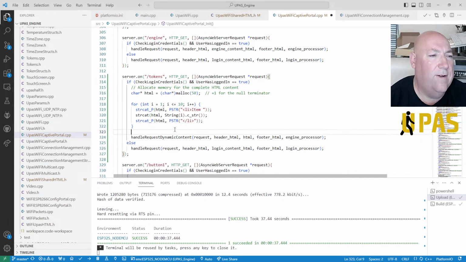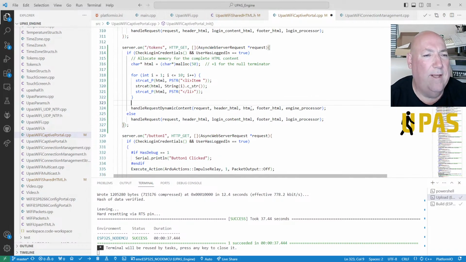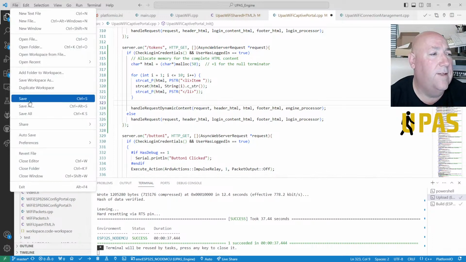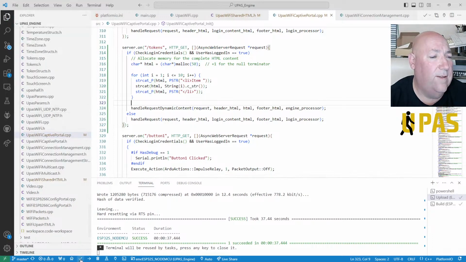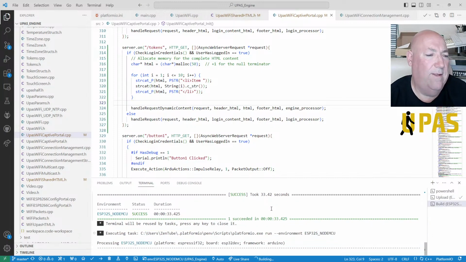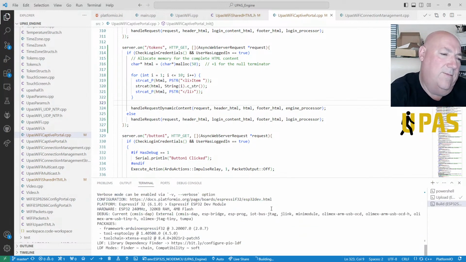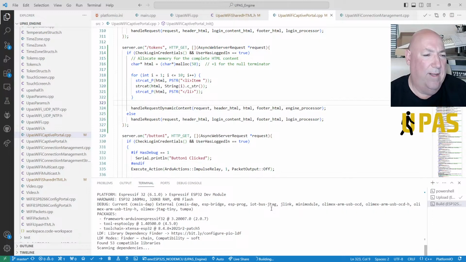Okay, so we're going to generate that and we're going to put that HTML into the middle of it, and it's probably going to not like any of this, but we'll give it a go. Right, let's just do it. Save it and see if it'll even compile. I'll be really surprised if it doesn't profusely complain about something.